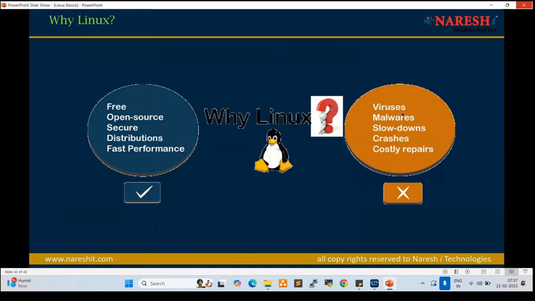No viruses, no malware, no slowdowns, no crashes, no costly repairs. Linux is virus free. Malware means threats, issues, vulnerabilities. Normally we don't see any slowdowns in Linux, but on the Windows side we can sometimes face slowdown issues.